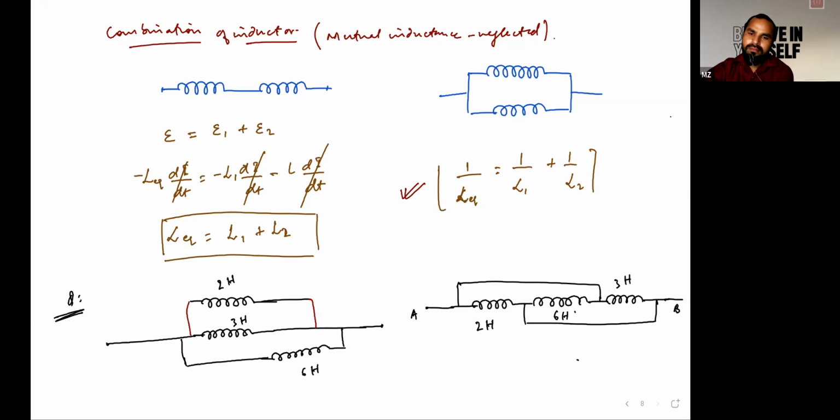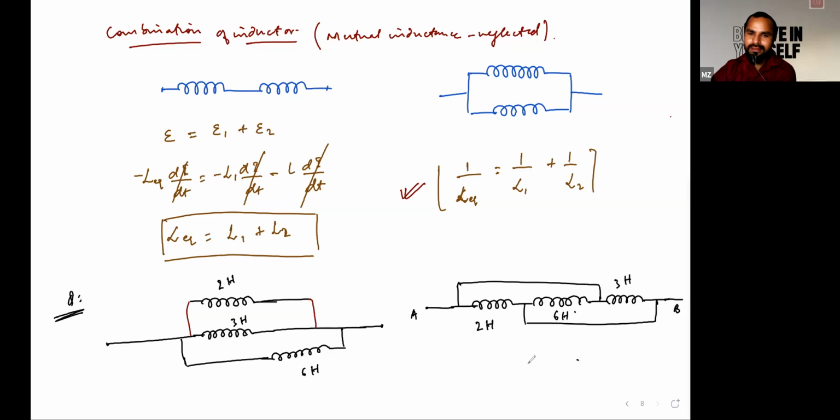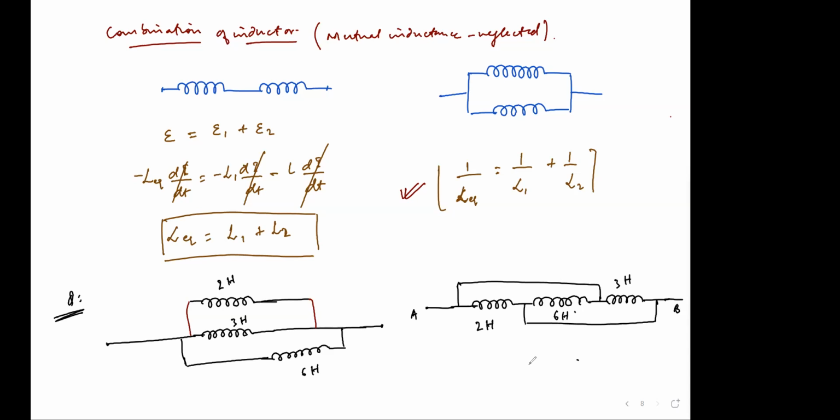Which combination is it, Ahmed? So they are in series, but I don't think the first two will be counted because there is a separate path for them to pass through. So I guess we'll not count the first two solenoids because they have a separate path through which they can pass. So we'll be just counting the third one.